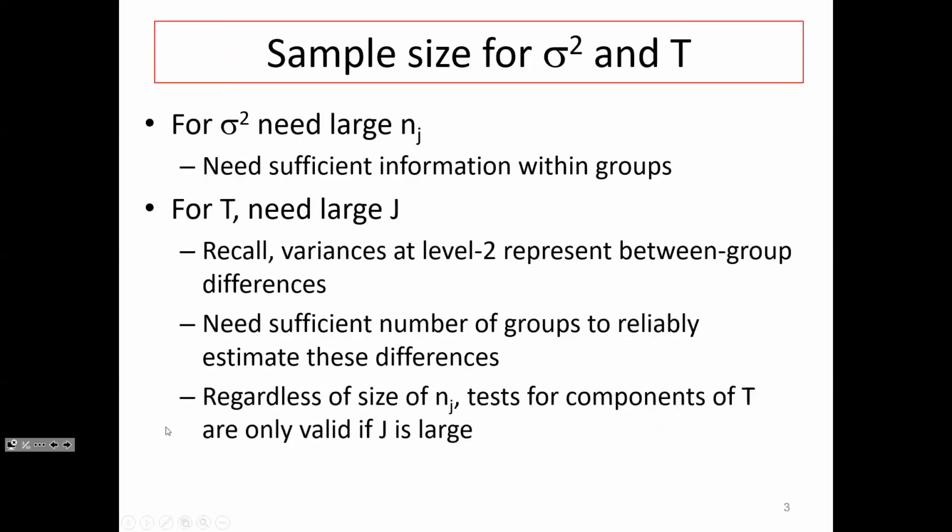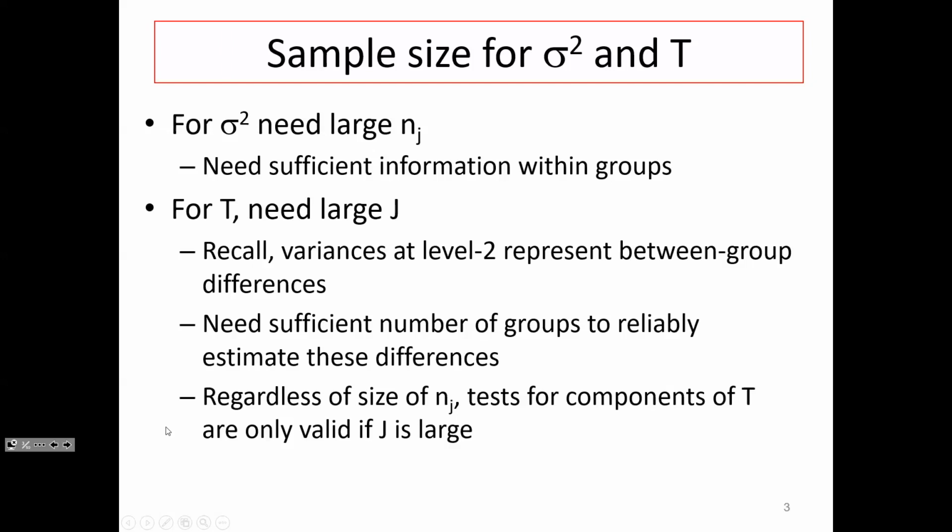Okay, so if we want to get good estimates of our variance components, and by the way, I'm going to show you this as we go through, the things that are hardest to get good estimates of are the variance components. You're going to see that it takes a smaller sample size to get good estimates of our fixed effects than it does to get good estimates of our variance components. And remember that we have sigma squared, which is our pooled within cluster residual variance, and then we have our tau matrix. We have our taus, which are these